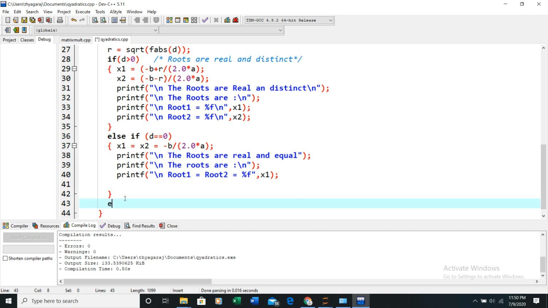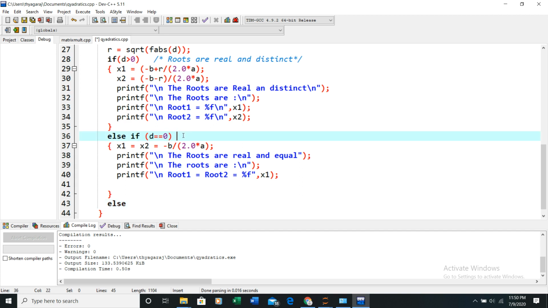Now we are left with the last case. You can write a comment here. What does this case stand for? The roots are